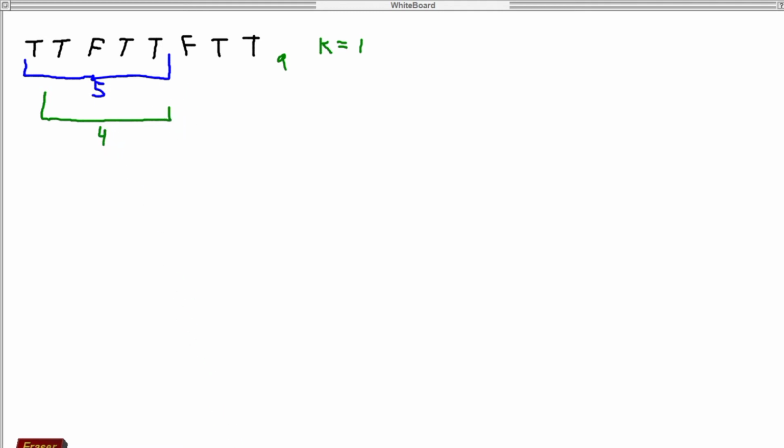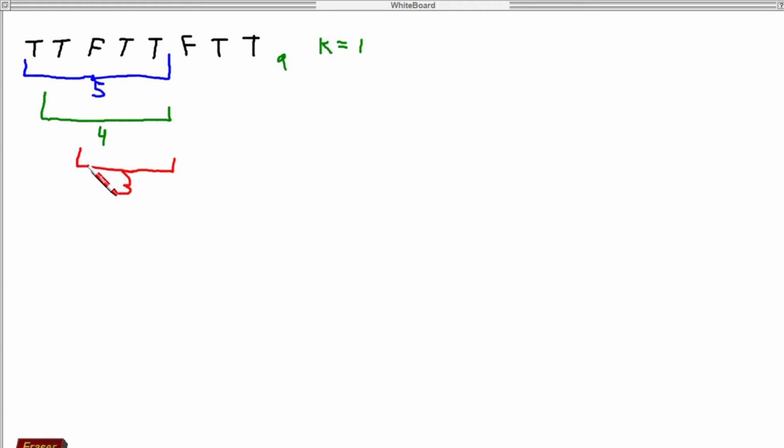Now let's see from index 2. If we change to all f's, then we can change this t to f. We will get length 2 only, but let's say we are making all as t's, then we can change this f to t and continue till here, because if we go more ahead, then we will get 2 f's and 2 t's. Both of them are greater than k, so we can get only length 3.